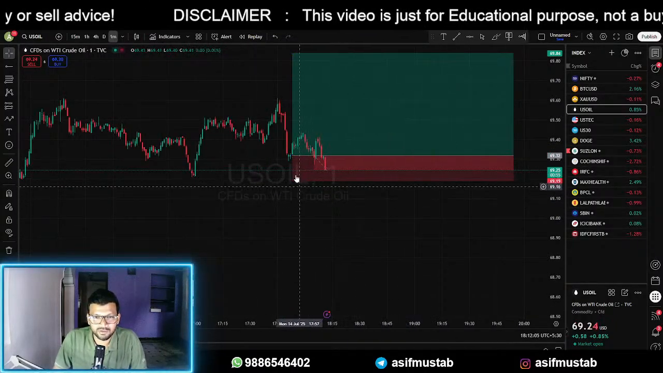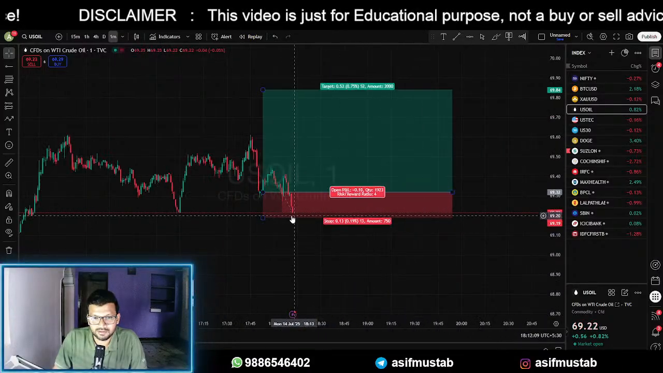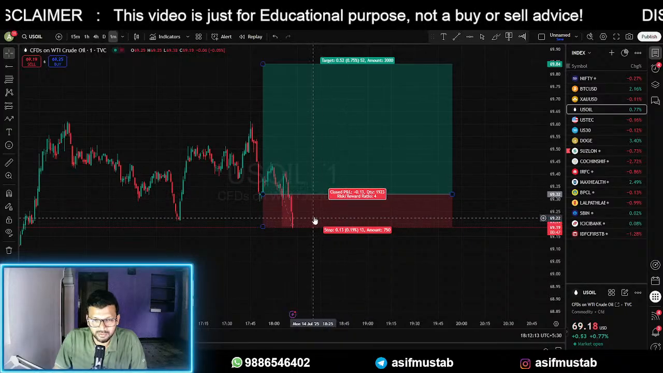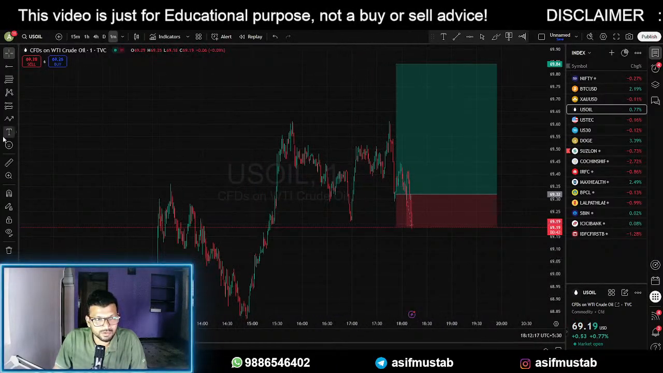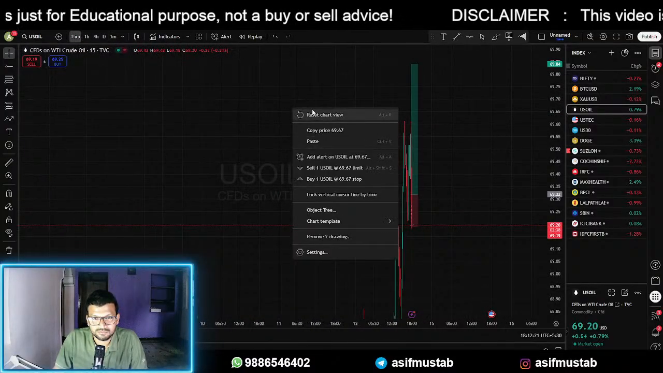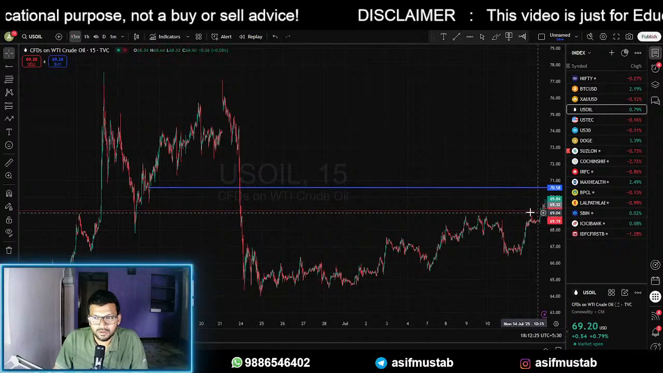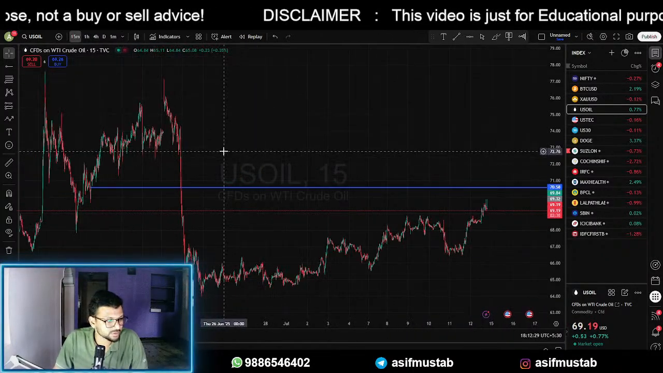Okay, in US oil, you can see the market reversed. This is our SL, almost near our SL. So no problem, we can take this kind of small SL. But when we are taking it, we should focus on big targets. Why did I make the long position here? Because